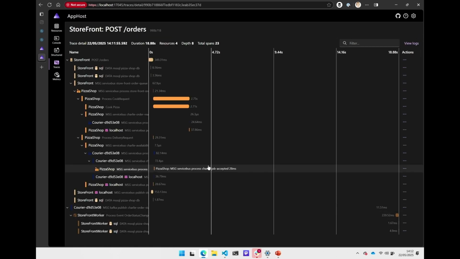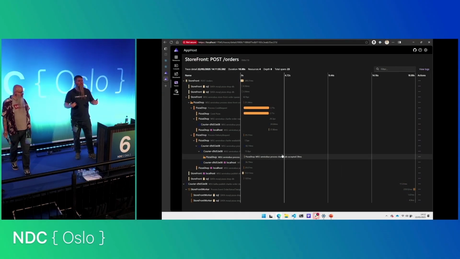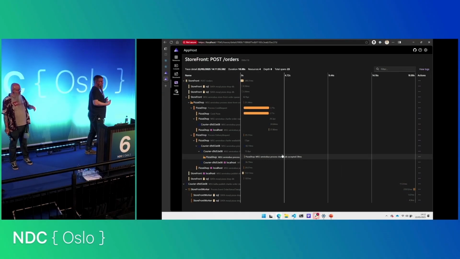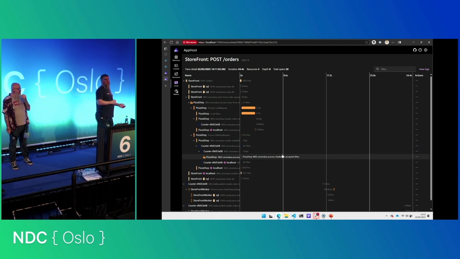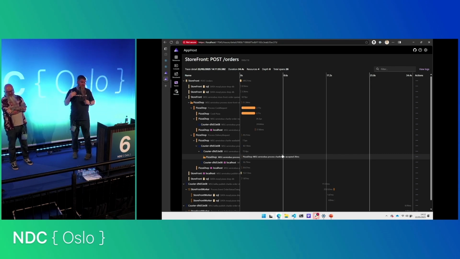Yes, there we go. So we get a real-time view as each one of these spans comes in. Now, what you're going to understand is spans come in reverse order, because a span gets sent to a backend when the span finishes, not when it starts.